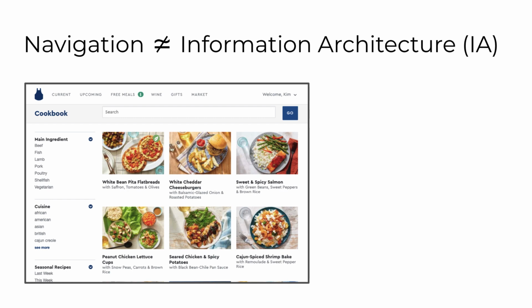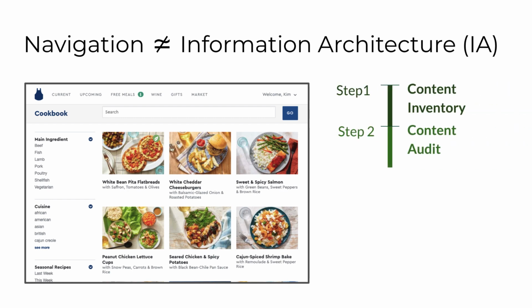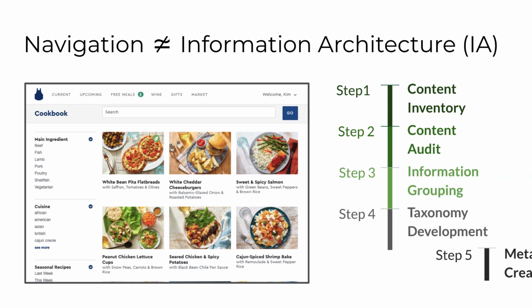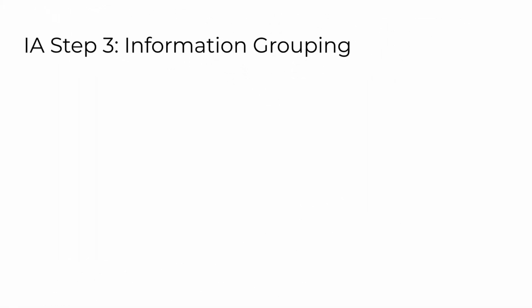Instead, they need the kind of model an information architect would build before designing the navigation. As Nielsen Norman Group said, IA is documented in spreadsheets and diagrams, not in wireframes. We need to consider the third step of IA, which involves information grouping, where you describe the relationships between pieces of content. As I said earlier, all content management systems treat content as data. To build a model of all the digital content in a